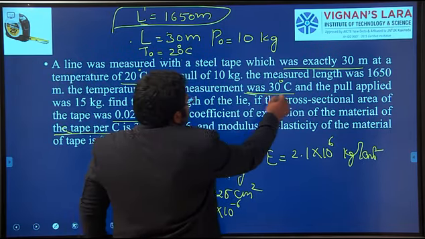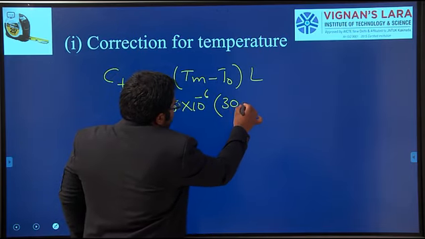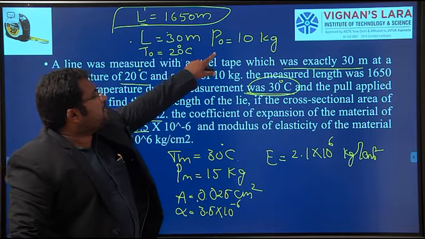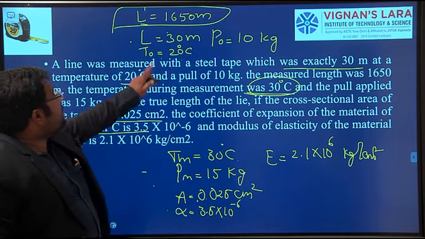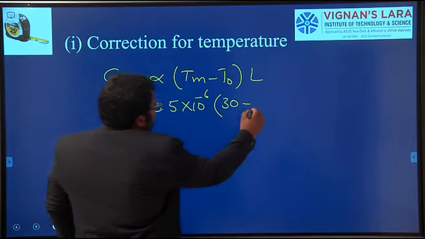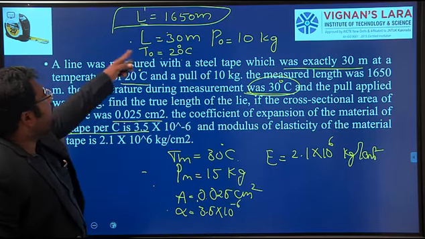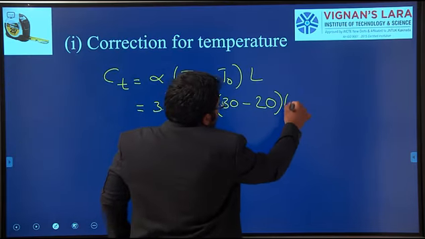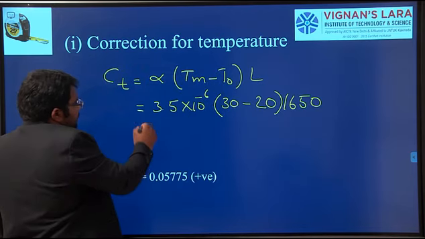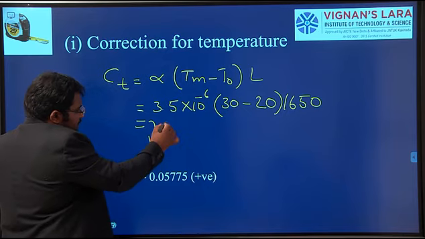It was given as 30 degrees. Now we will substitute here 30 degrees minus the standard temperature, P naught value. Sorry, temperature. The standard temperature is 20 degrees. Then what is the measured length here? 1650. After calculating all these things, finally you will get a value of this